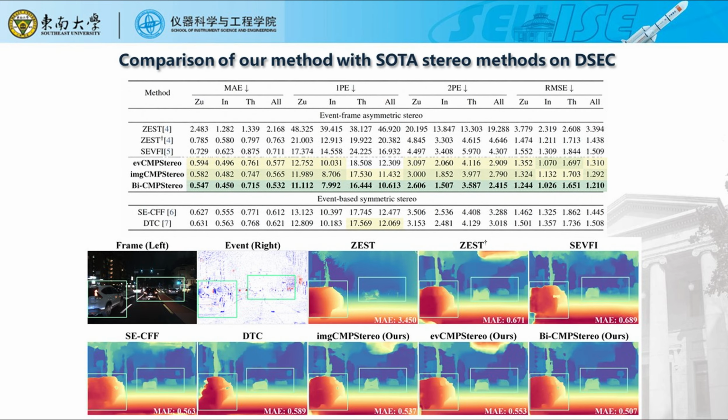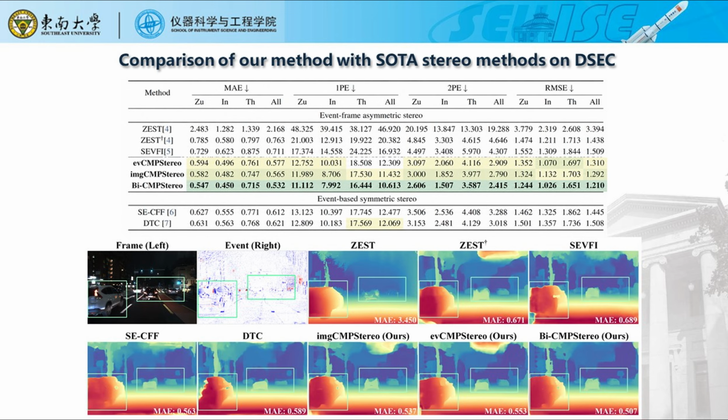Now, we evaluate our method on the DSEC benchmark, which is a challenging real-world dataset for event-based stereo perception. The upper table reports the quantitative comparison with several state-of-the-art stereo methods. We evaluate the performance using multiple metrics, including MAE, 1-pixel error, 2-pixel error, and RMSE under different scene conditions, as shown in the table,